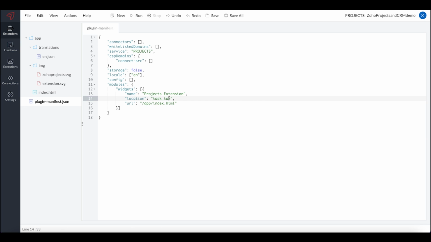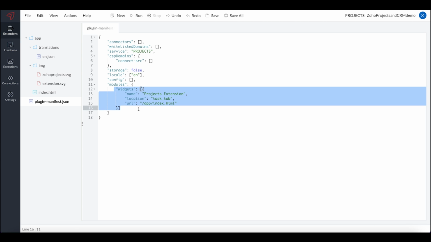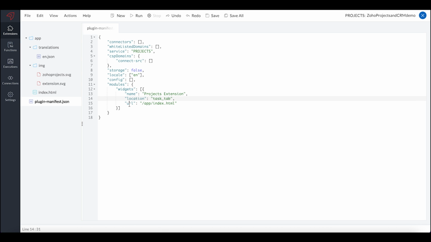There are multiple locations supported where widgets can be loaded in a Zoho Projects extension, but the default location is given as task tab. So when you create an extension through Sigma Cloud Editor, a widget is created by default with the name projects extension in the task details tab. And this URL key is the location of the HTML file of your widget UI that you want to render.